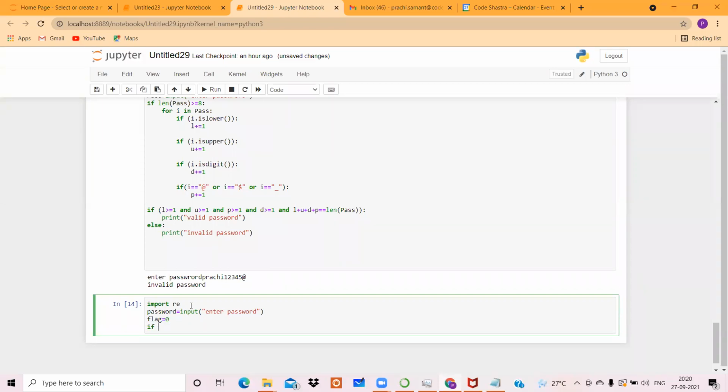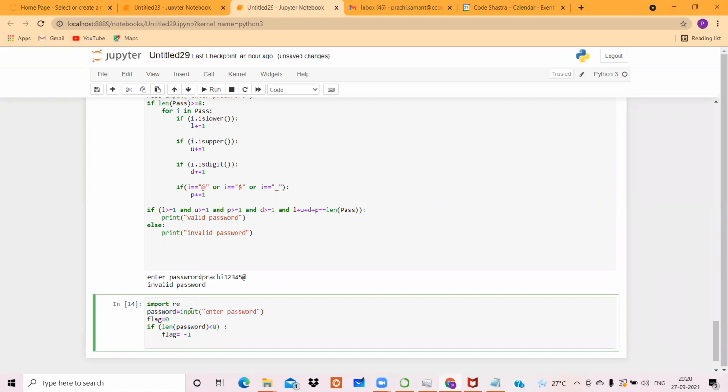We'll say that if the length of the password is less than 8, if this condition is satisfied, I just hope I have closed all the brackets, password, yes, this is less than 8, then we will make flag equal to -1. So we set flag to -1. Else if we'll say that